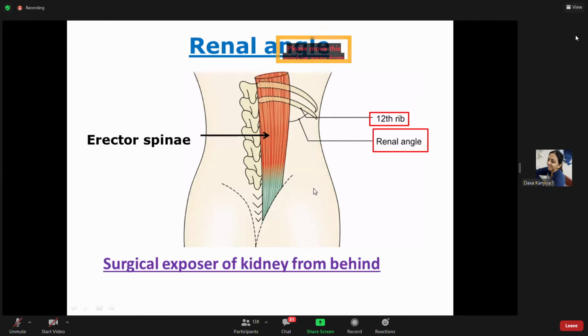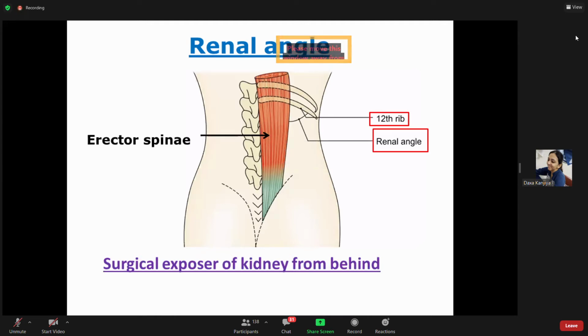But while putting the incision, if you count the rib from below, sometimes what happens, this 12th rib is too short to cut the erector spinae, or sometimes the 12th rib is absent. At that time, the 11th rib may be mistaken as a 12th rib. And if you remember, I told you the relations of pleural cavity with the lateral part of the 11th rib. So there are chances of opening of the pleural cavity.